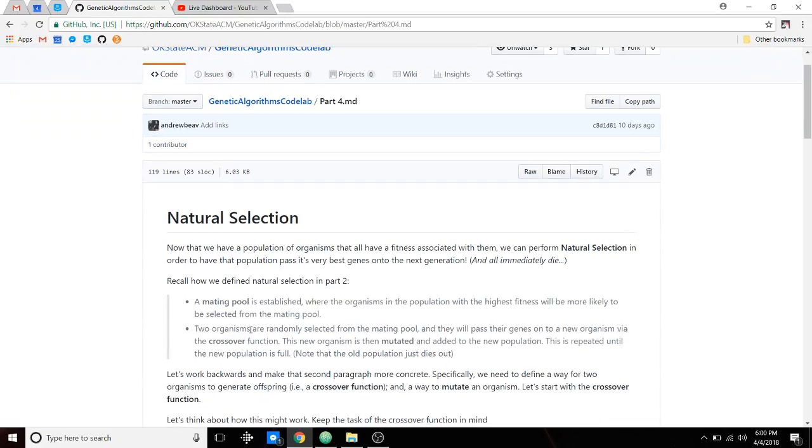Okay, so now we have a population of organisms, and they all have a fitness associated with them. That's going to allow us to perform natural selection now. The reason we're doing natural selection is so the population can pass on its very best genes onto the next generation. And of course, this isn't exactly like biological evolution. It's only inspired by it, because after all those members of the population pass down their genes, they all just die. And I mean, you don't just have kids and die in the real world, but